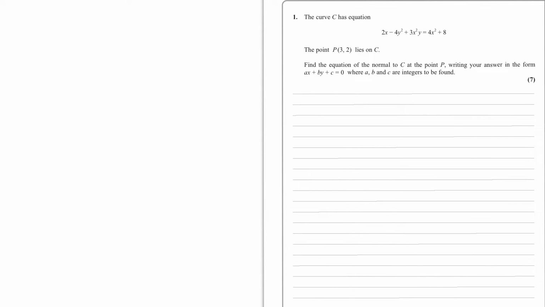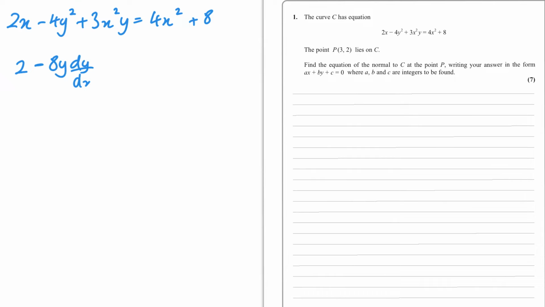Okay, so first thing we need to do here is differentiate our curve. Since obviously we've got lots of x's and y's in there, we're going to use implicit differentiation. So differentiating 2x is going to become 2 minus, and then we get 8y dy by dx